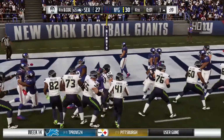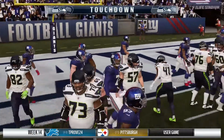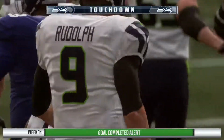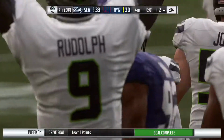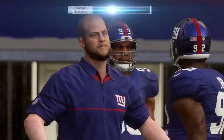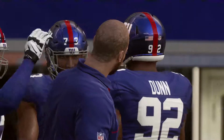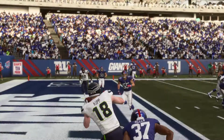They'll go with the keeper. And he's across the chalk into the end zone. Touchdown, Seahawks. Mason Rudolph with 1 second remaining. So some drama down to the very end of this ball game, Charles, on that final kickoff. They were hoping to break free, some sort of miracle play, but they